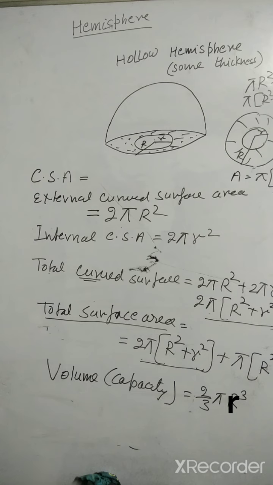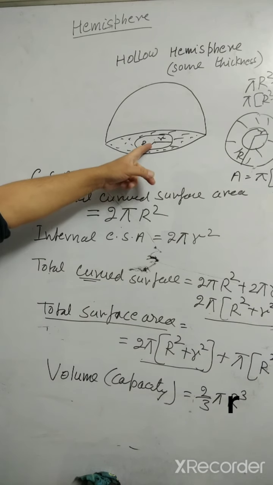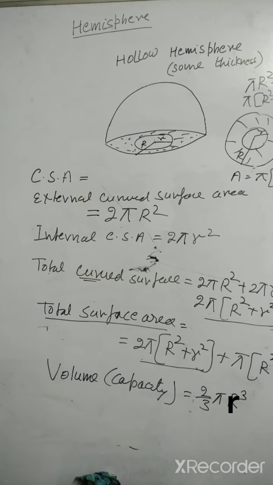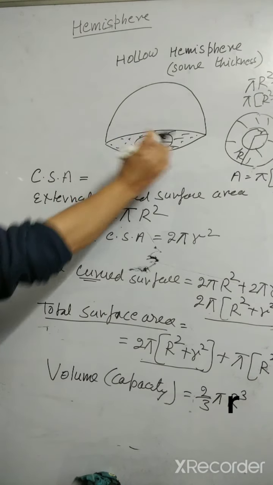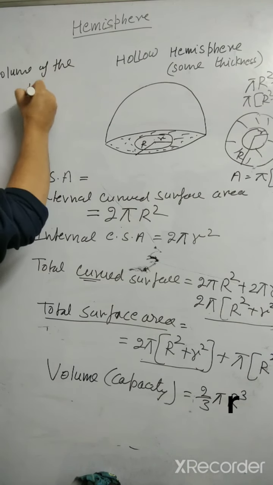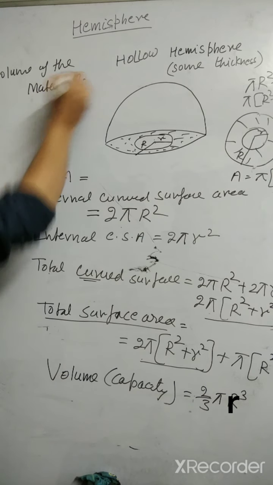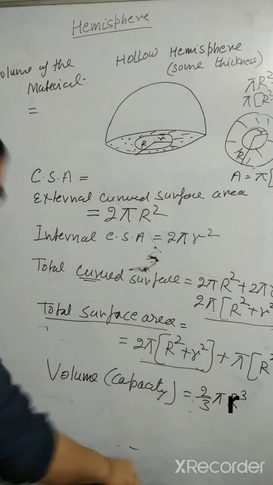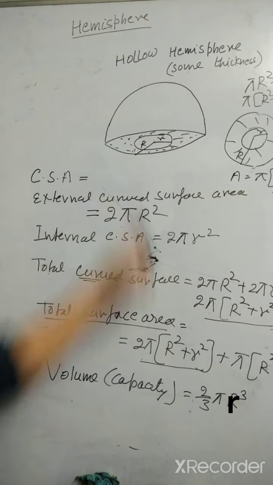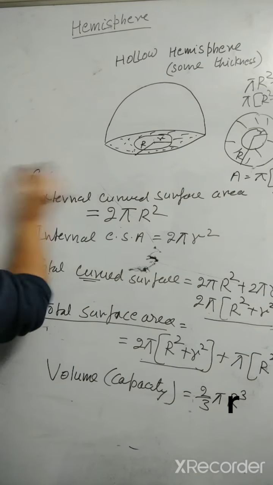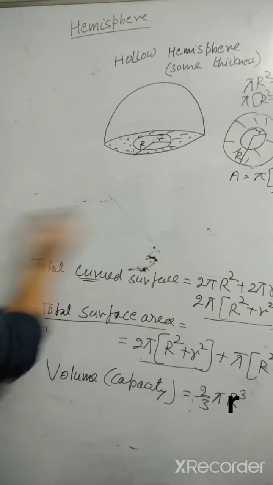So in a question, if the water is filled inside this hemisphere and it asks what is the volume of the water, you will apply this formula because that is the capacity. Got it? Now the second thing comes, I am writing it here: the volume of the material of which it is made up. Volume of the material, right? So what will be the volume of the material of which it is made up? I am writing it this side, I think it's not visible, right? So let me rub this part, there is no space.